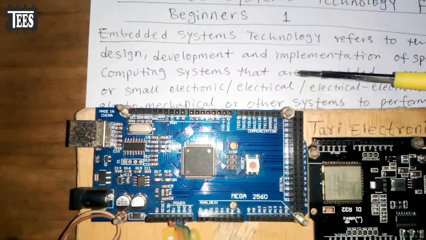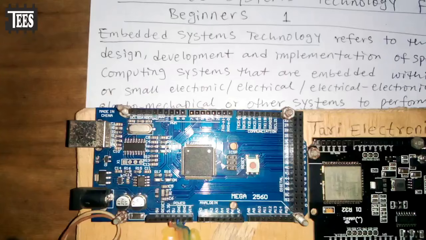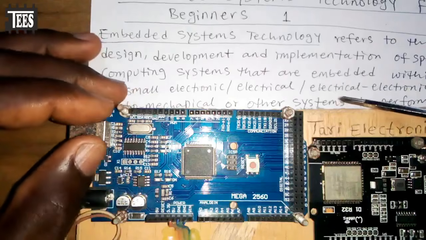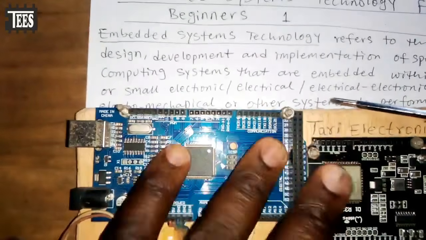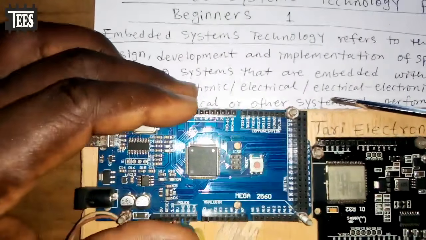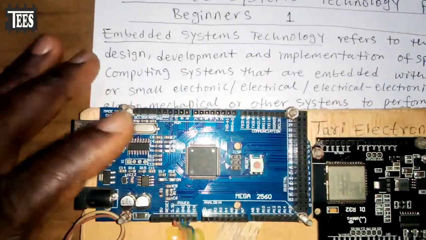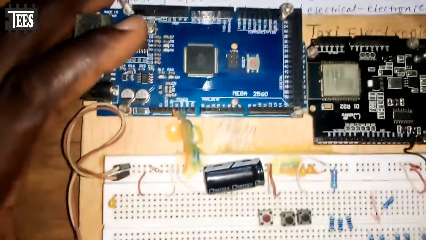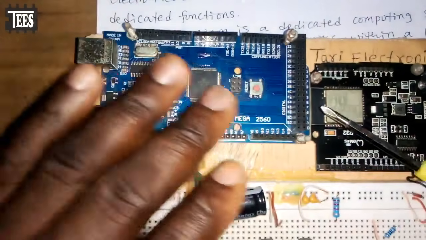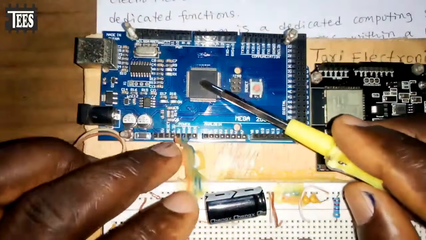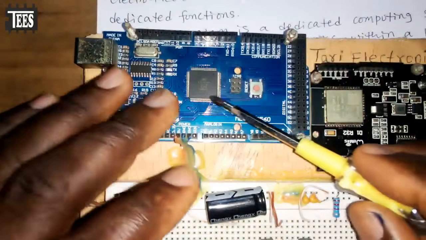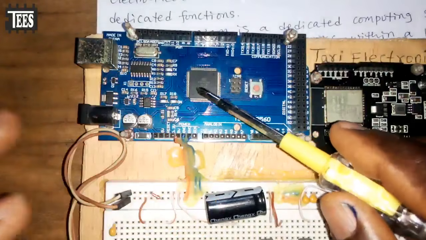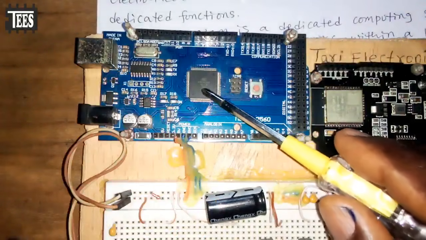Now, the essence of learning technology is to create something to assist man to make life easier, or also to solve a problem. So all these are microcontroller boards you need to learn embedded systems. For the beginners, embedded system is just simply telling this microcontroller here what to do. Or I can simply say embedded system is transferring what you are thinking in your brain to the brain of